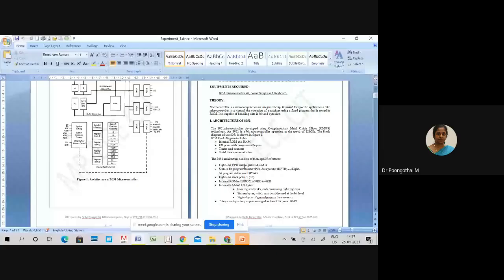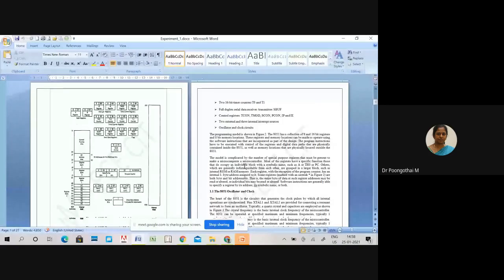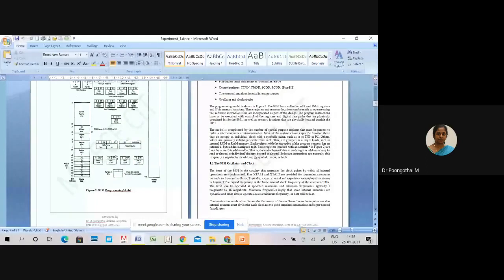This material covers your 8051 architecture and programming model, which includes all the special function registers, memory organization, and I/O port operations.